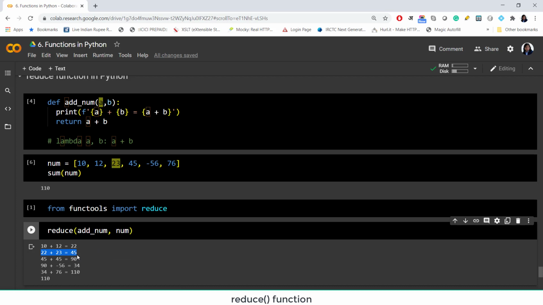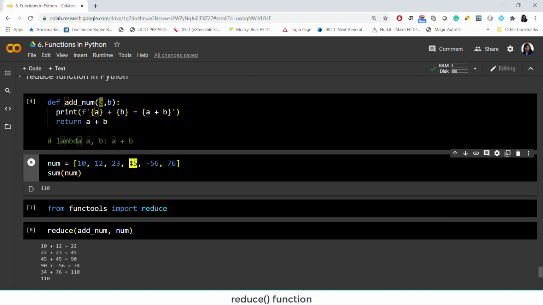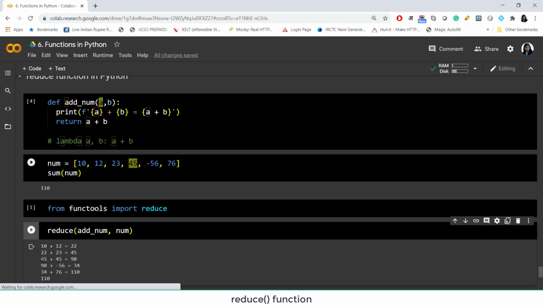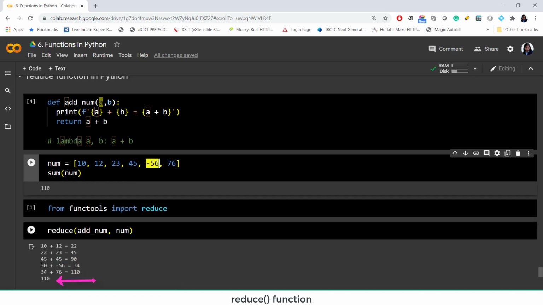So 45 is a, and the next element, here I have also used 45, is b, and 45 plus 45 is 90. Again it is going recursively, so 90 becomes a, minus 56 becomes b, and we get this calculation and so on. So finally the last sum is 110, and we get the last sum because the function has to return whatever the final output is.